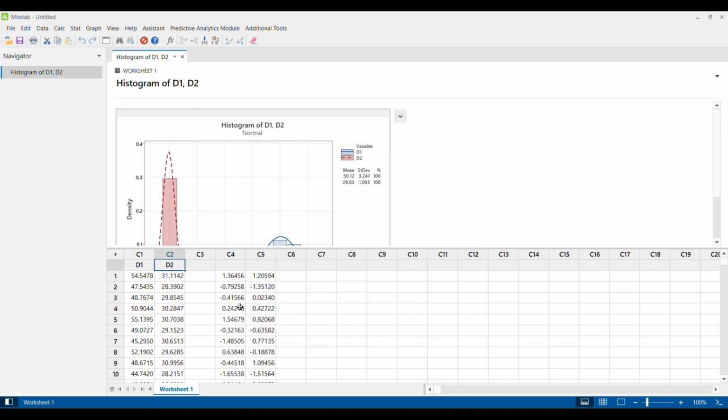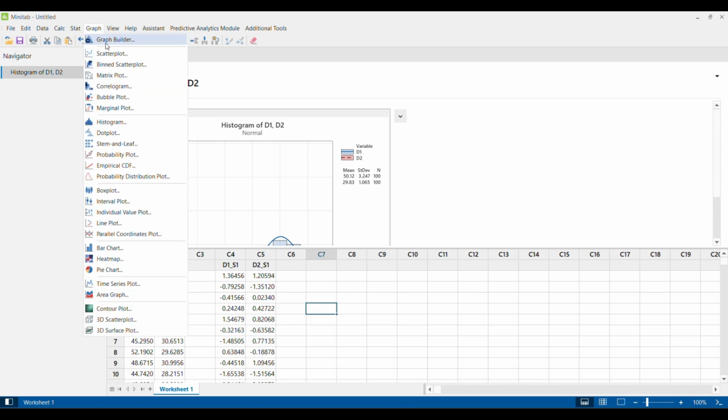So here I have this data D1, D2, but it is standardized. So standardization technique 1 is being used. So I am using underscore S1, right? Okay. So now if I go to graph and if I try to